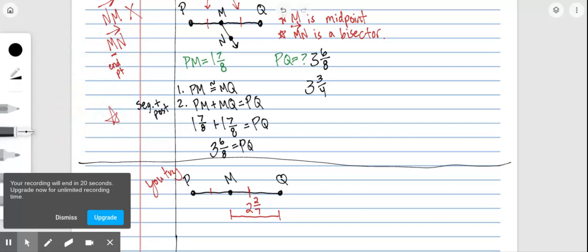Okay, so step 1, I know that PM is congruent to MQ. Step 2, I know that PM plus MQ equals PQ. Step 3, 2 2/7 plus 2 2/7 equals PQ. So PQ equals 4